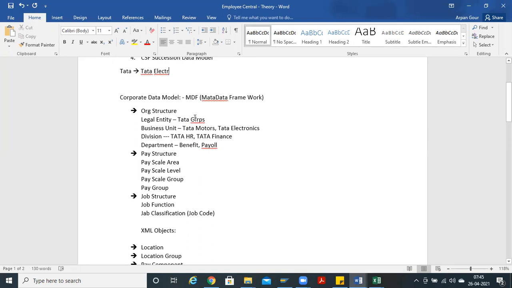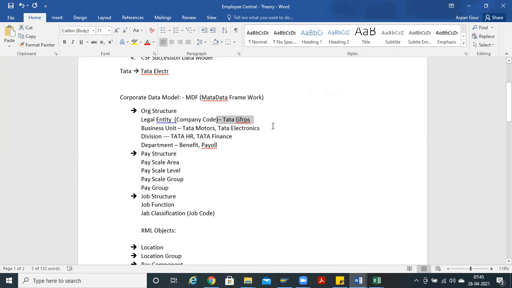Tata will be the main root of the tree. Legal entity will be Tata Electric, you can say company code, where financial and profit and loss statements are recorded.